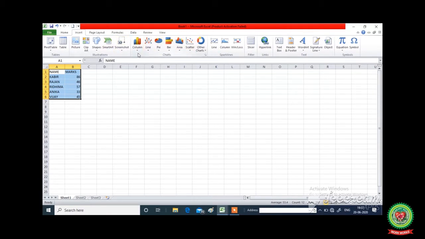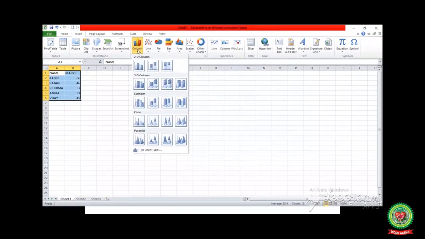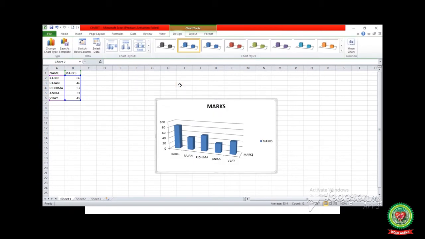Here I am going to click on the drop down arrow of column chart. So these are the subtypes of chart. Select any subtype, click on it, and you get your chart in the worksheet. So this is the way to represent your data in a pictorial form, means in chart form.